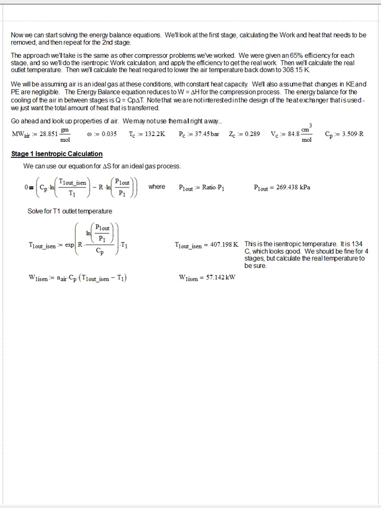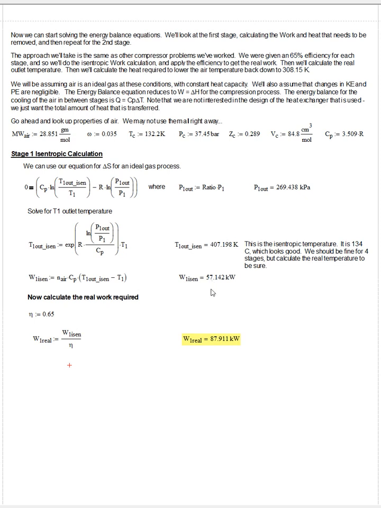Now we need to get the real work. So to get the real work, we need to use the efficiency that was given to us. We were told that the efficiency was 65%, and so since this is a case where our surroundings are doing work on the system, we divide our isentropic work by the efficiency,